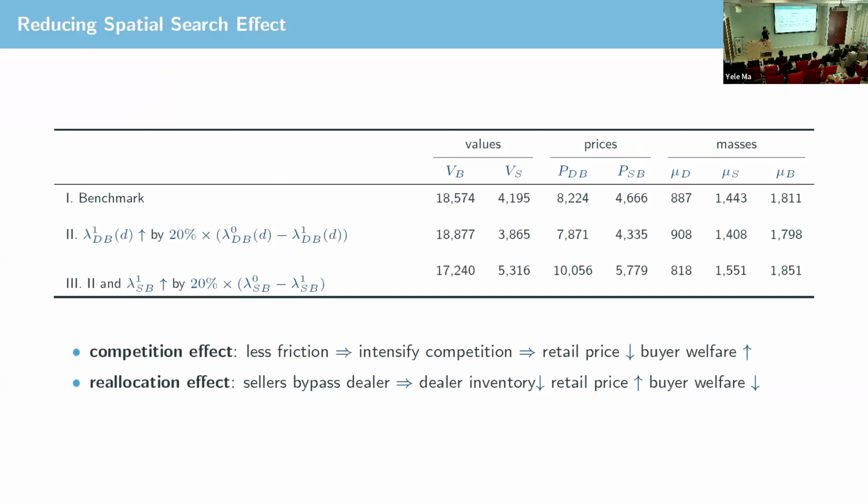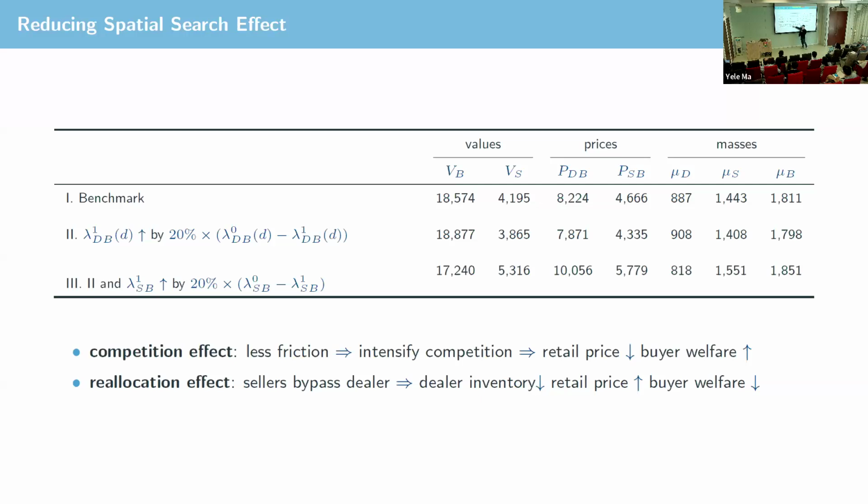I reduce the search matching friction across county by 20%. What happened is that when that happened, if you reduce the search matching friction, sellers will be more likely to trade by themselves, as I said, and then there will be less transaction through dealers. But because the seller sector is still relatively less efficient, the price is going to go up and the consumer welfare is going to go down. And that generates a counterfactual,